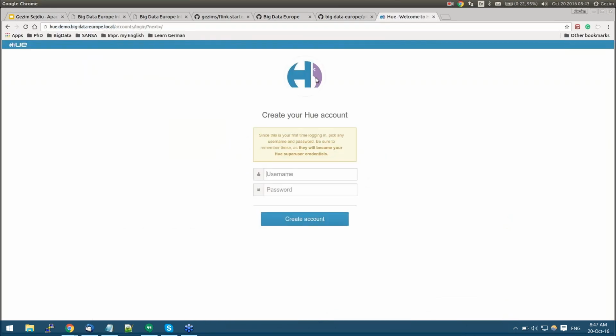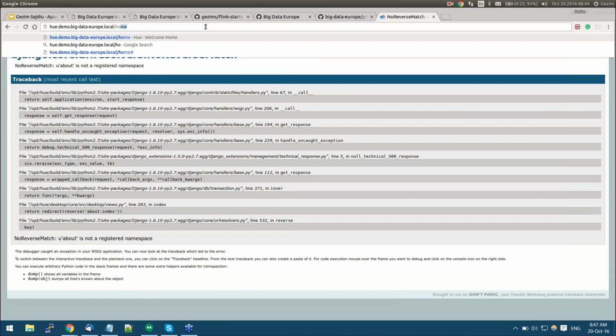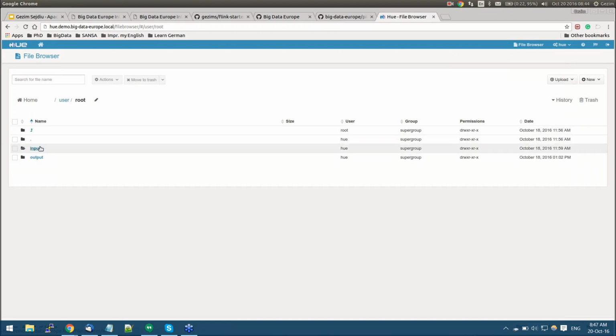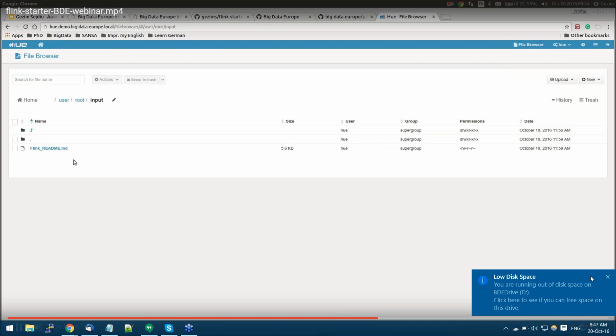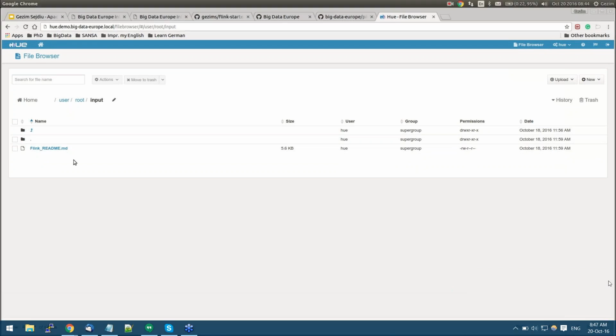Let's also have a look at whether Hue is up and running. We need to go to the Hue component, because it requires logging in. We can also upload and download files from HDFS using Hue. We have 1 file here, which is a README file from Apache Flink, so let's run the word count on this file.